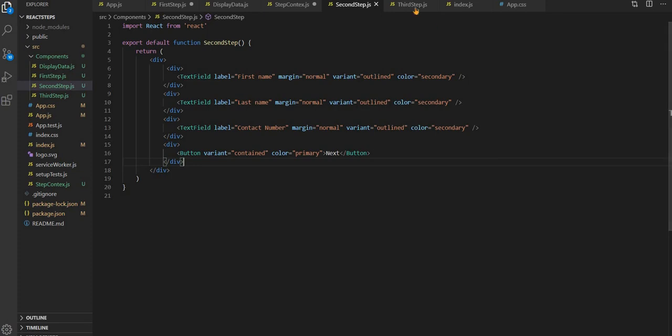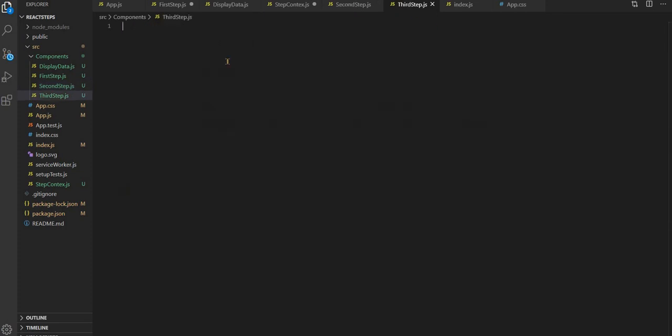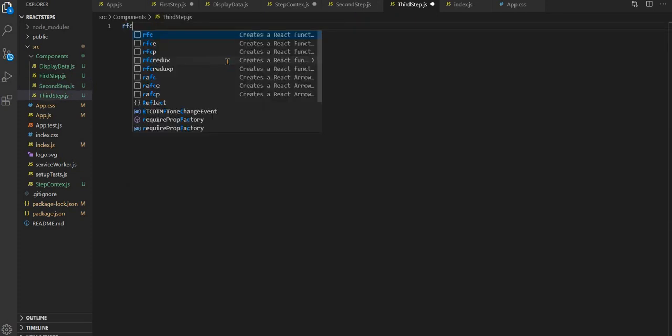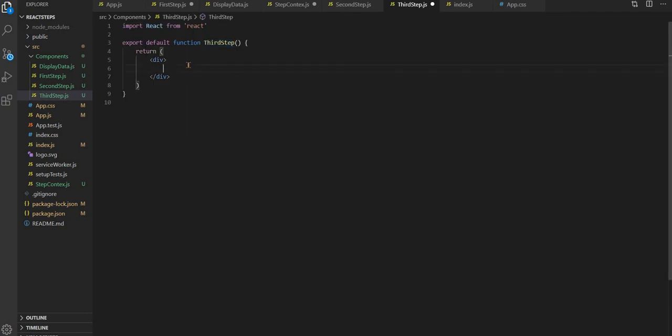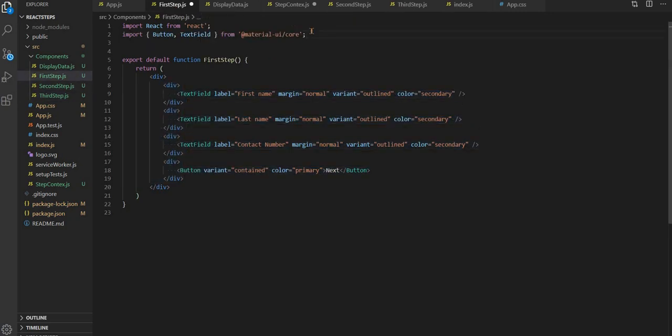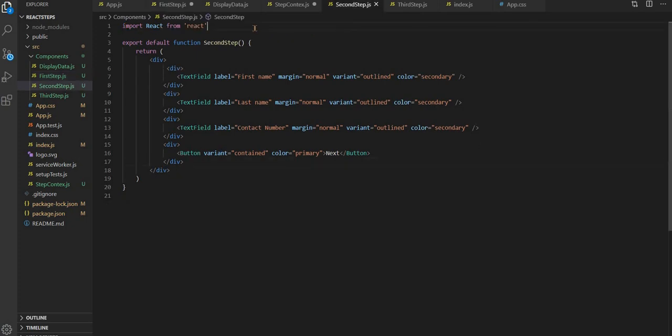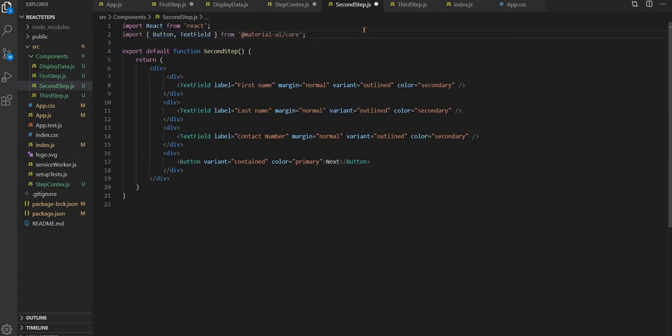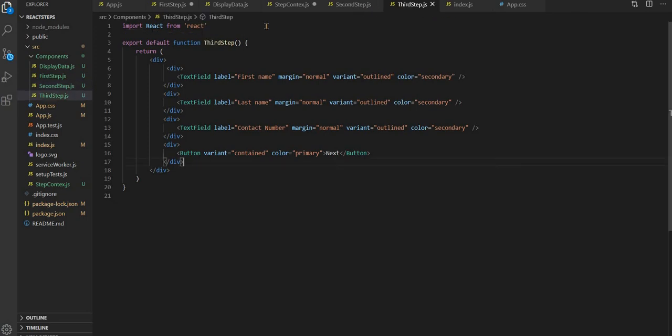And same thing we will do with the third step as well. So before that, we have to bring the button and text field. So I'm just copying it from first step to second, and same thing we will do with the third step as well.